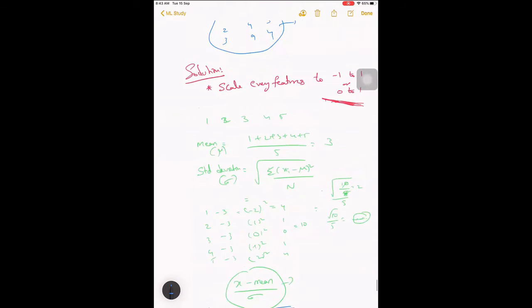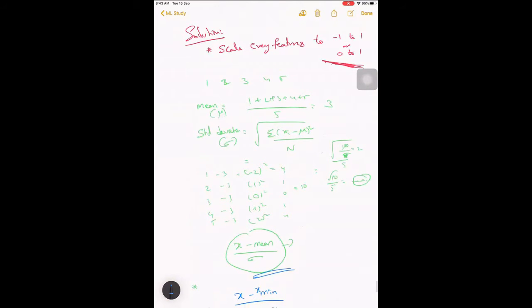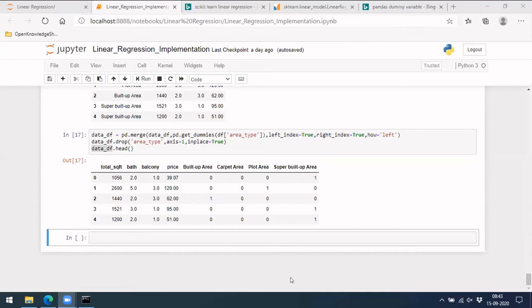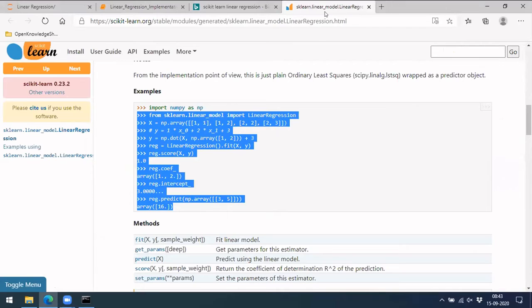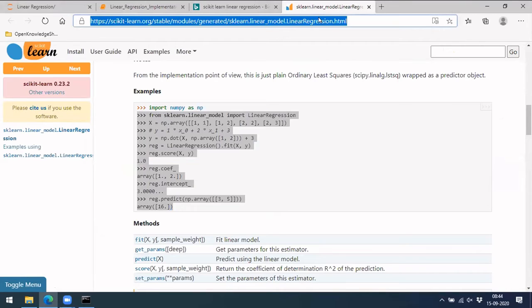So let me see how it is done in Python. Let me share my code. Actually I'm not going to do any code right now, but I'll show how we'll be doing it within scikit-learn. It's understandable, right?